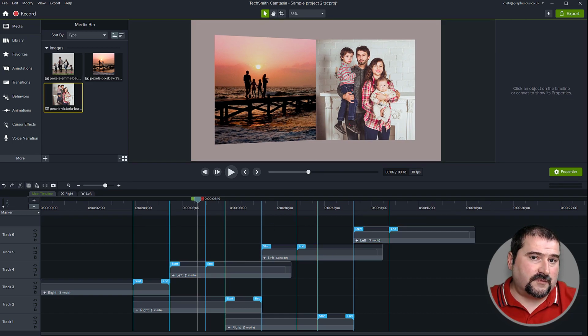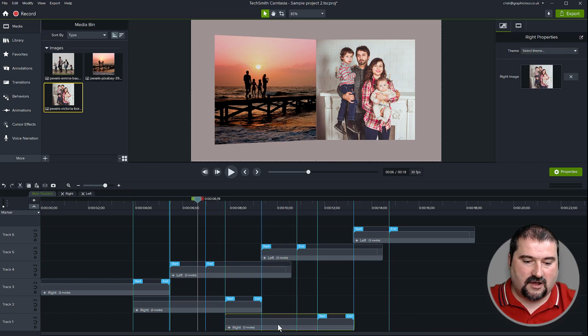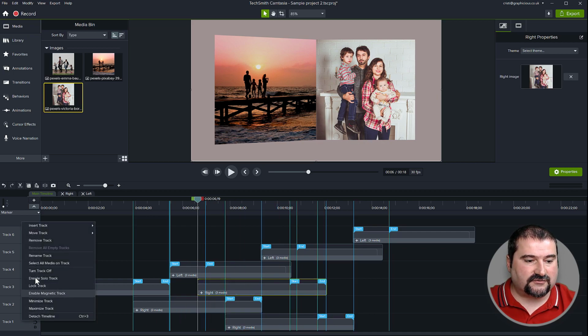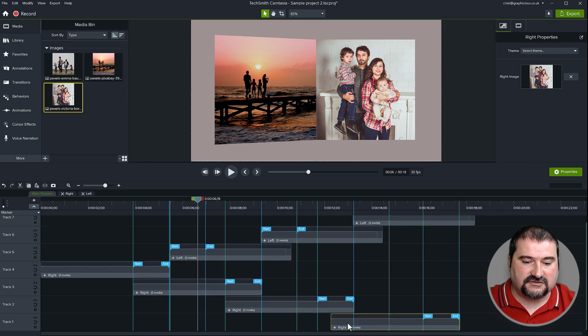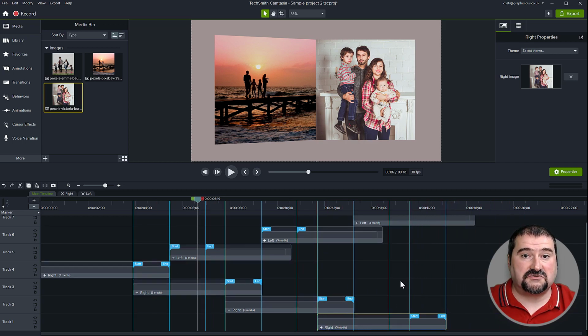I know those markers are kind of confusing because there are so many of them right now, but they do help you set it up. So let's say I want to add another set of pages. Very easy. I go on the right page, copy and paste. And I want to make sure I introduce a new track below. Bring that in here and match it with the start of the animation. That's all you need to do.